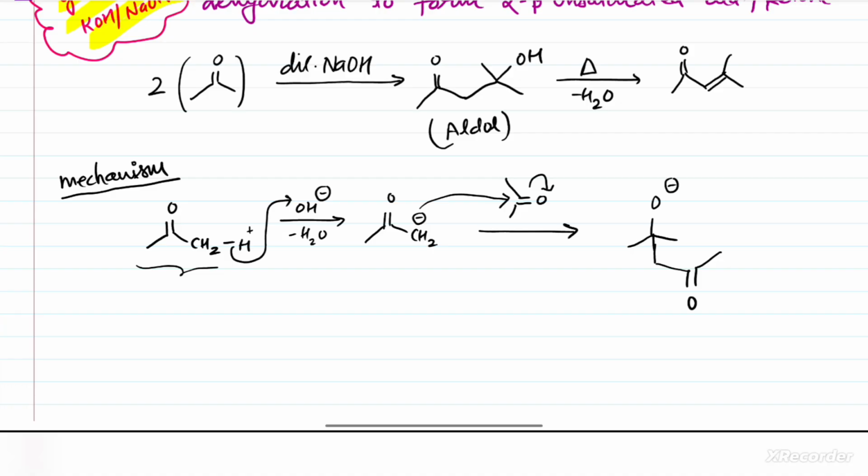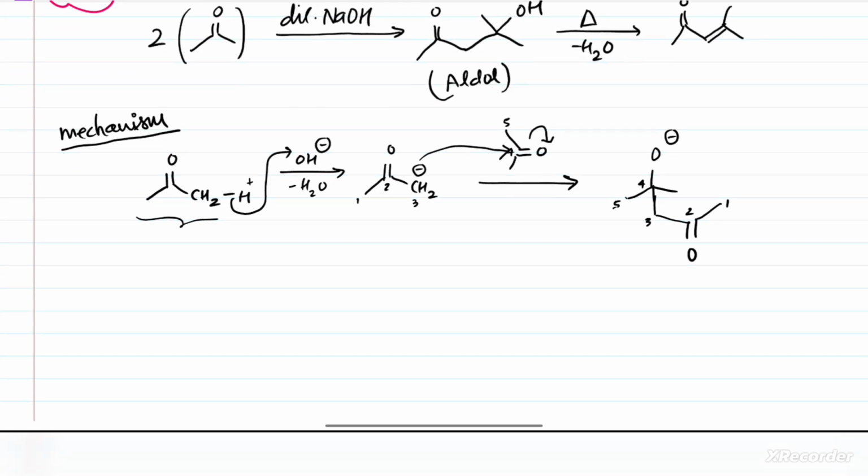Now if I number them, this is 1, 2, and this carbon is third, and this carbon is fourth. The center one is fourth, and any one of the others is fifth. So I can write the numbers here as 1, 2, 3. This one is fourth, and either this or this is 5. Okay. Now again, what happens? This next step will be